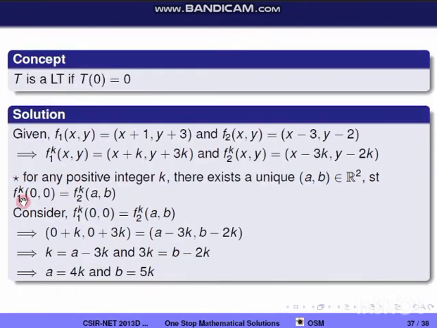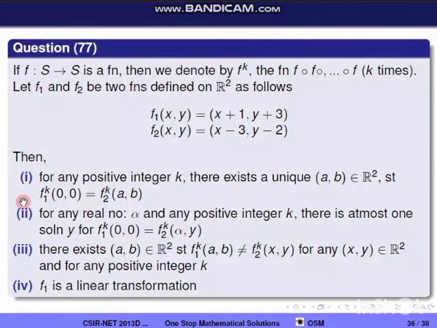So we'll check the correct options. The fourth one I have not shown here because f1 is not a linear transformation, because f of 0 0 we are not getting as equal to 0 0. So f1 is not a linear transformation. So the correct options are 1 and